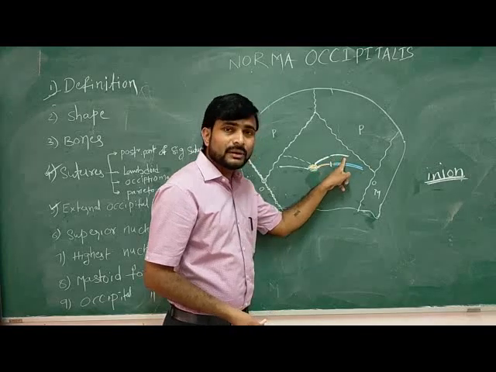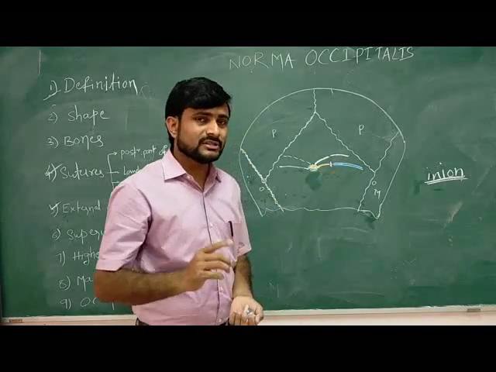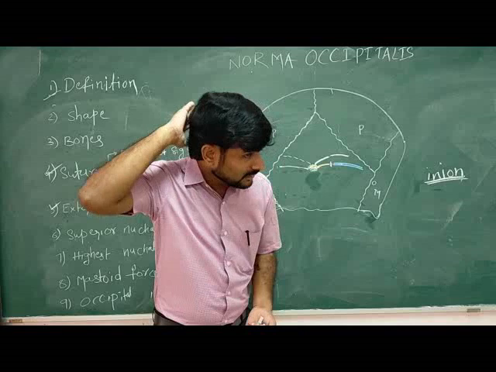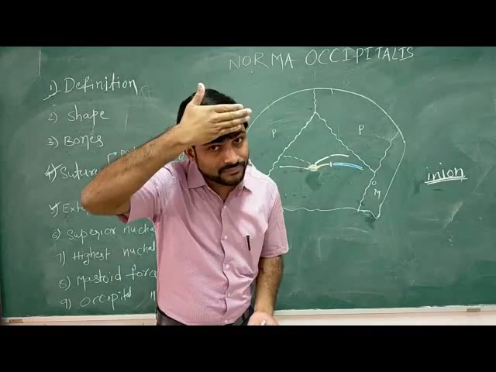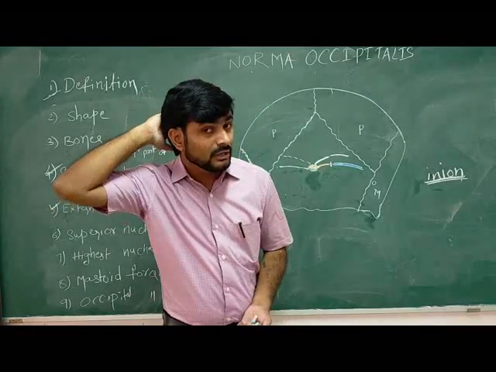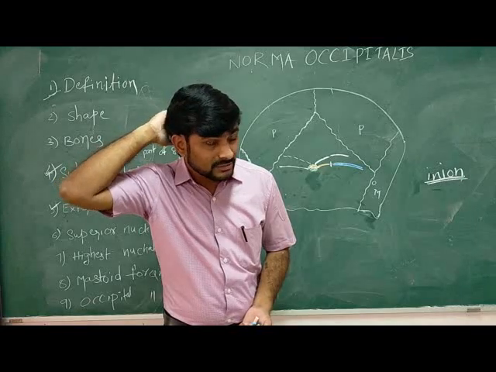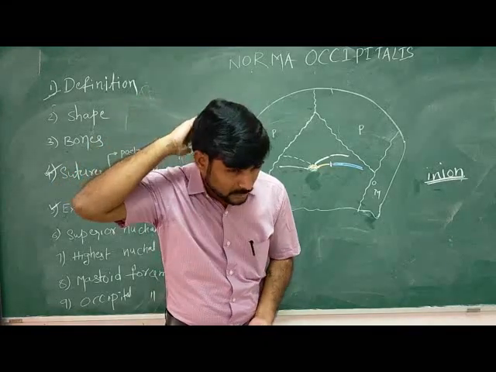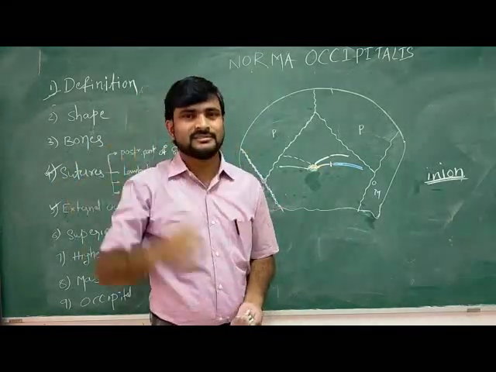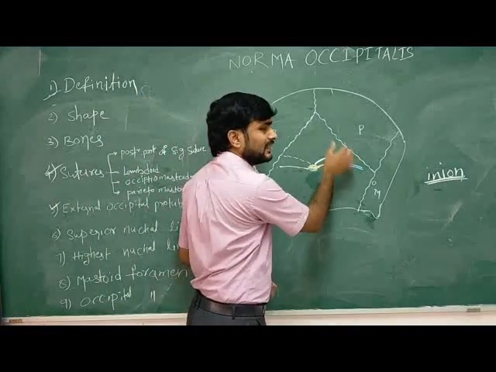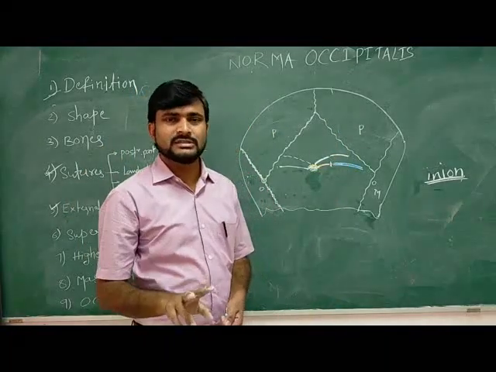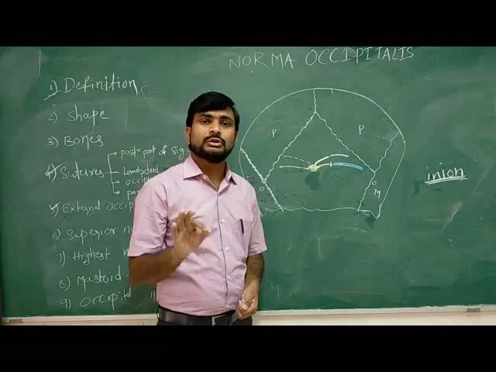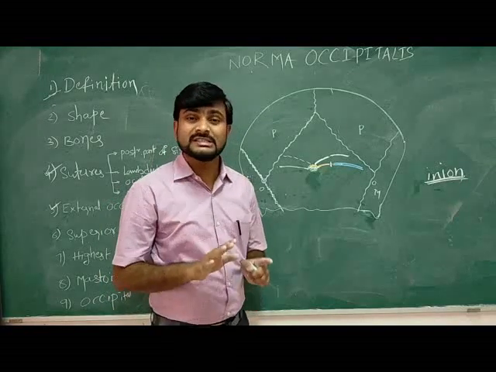Coming to the lateral part, one muscle is attached here. That muscle runs from the occipital toward the frontal side. So this is also a muscle of the scalp, the occipitofrontalis. So the muscle is attached to the lateral side. This is about the highest nuchal line. It is not always present.